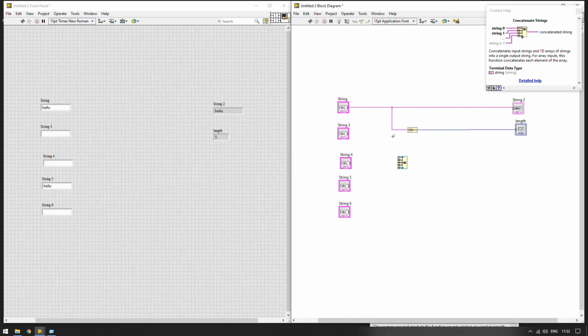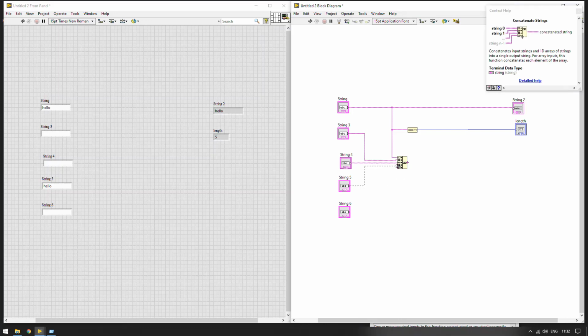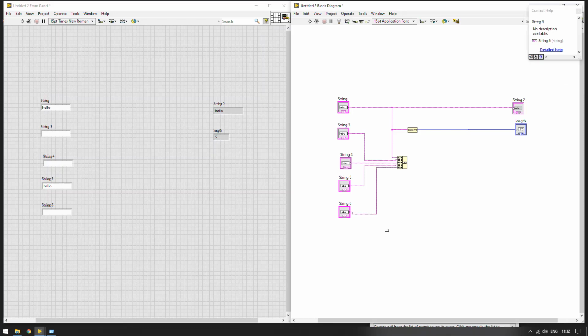So let us connect. This way all these inputs are connected. So it is taking 5 strings.